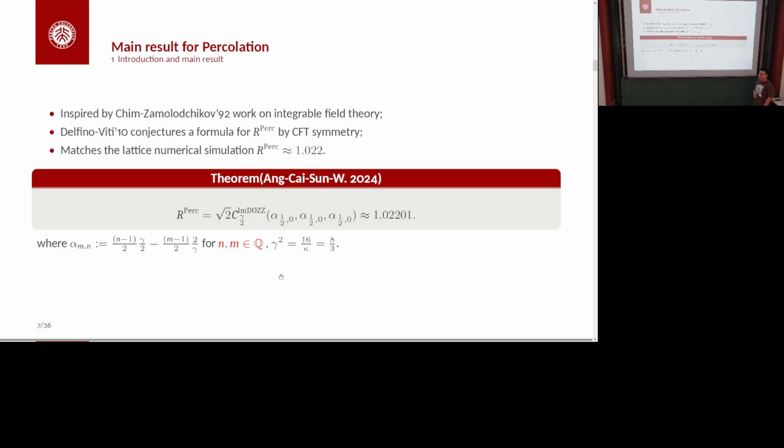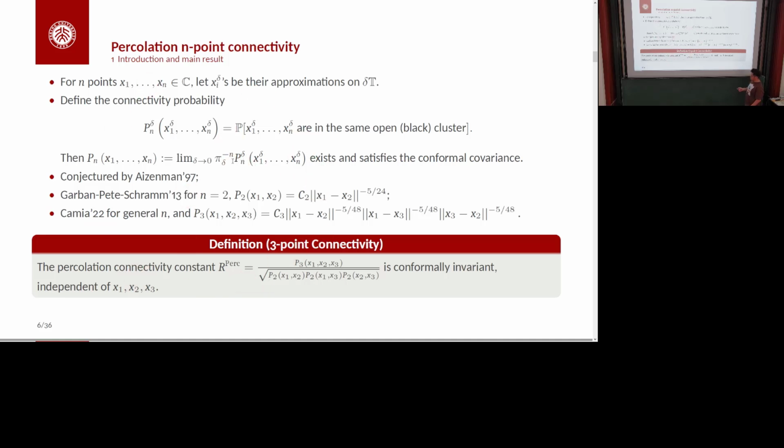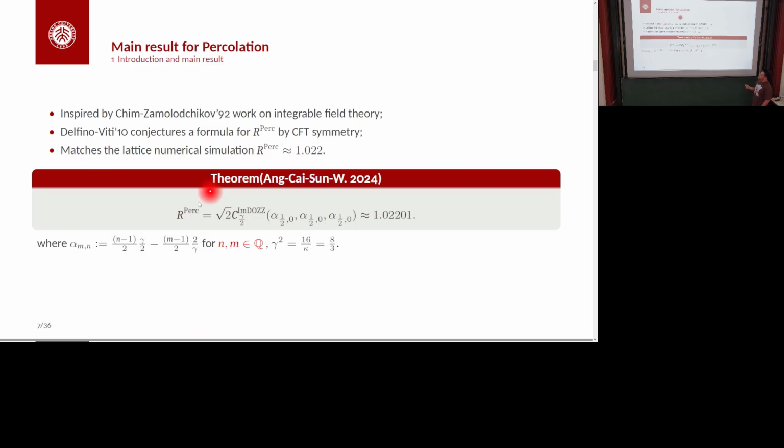Now I will talk about what the Delfino and Viti conjecture is. This conjecture was actually inspired by the work of Zamolodchikov and Mussardo on integrable field theory. Zamolodchikov developed some tools for studying near-critical perturbations of conformal field theory. For example, if you consider the spin perturbation, this theory is integrable. Later, Delfino and Viti, based on the results of Zamolodchikov and also some 2D conformal field symmetry, gave a conjectured formula for this R_percolation, which is defined here as the percolation connectivity constant. They also did some Monte Carlo simulation, and they got this result like